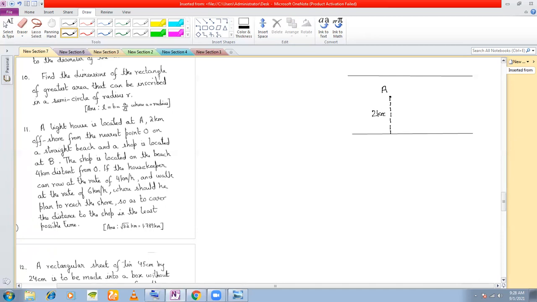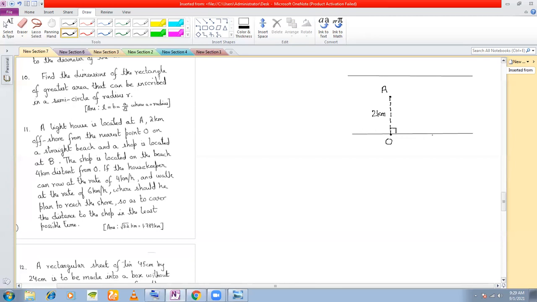If you draw a perpendicular, this is the nearest point, right? So this distance is 2 kilometers. Let us call this point O, the nearest point on a straight beach. If you draw a perpendicular,